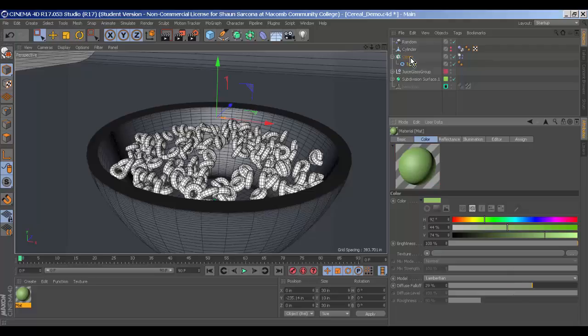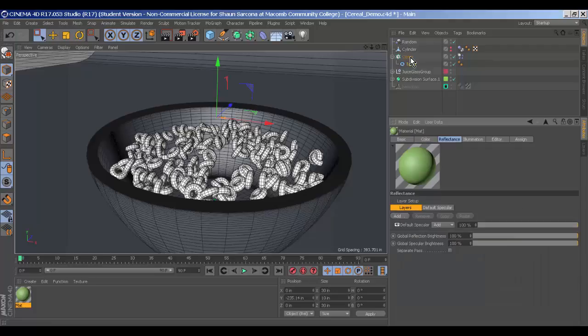I can also adjust my falloff. So what the falloff is going to do is allow me to spread that diffuse a little bit further. If I go this way, you'll see how much darker it's going to be. So for something like cereal, I want to pull it back a little bit more. Okay. Also on reflectance, not a whole lot of reflection here,